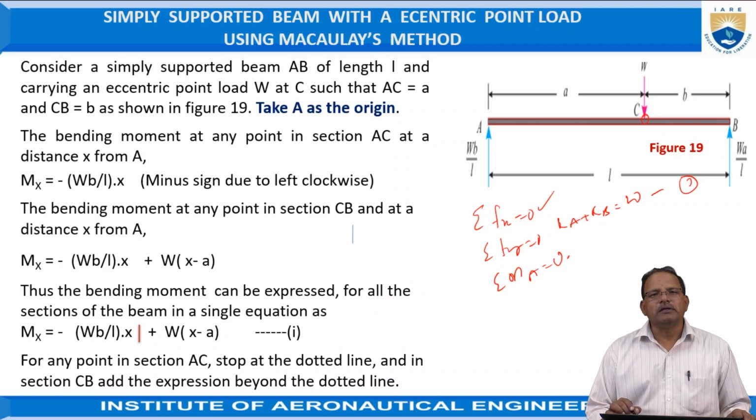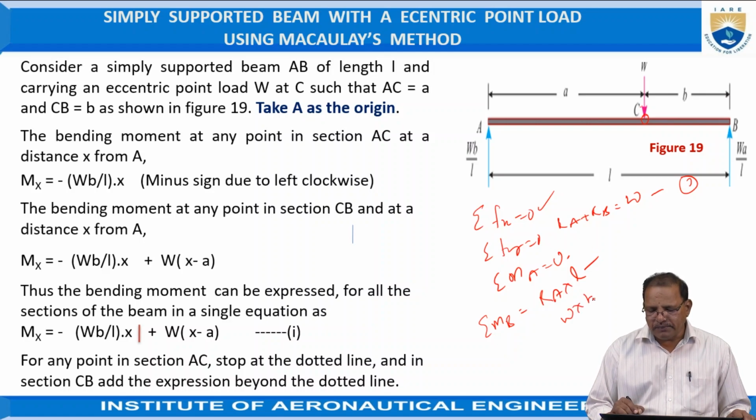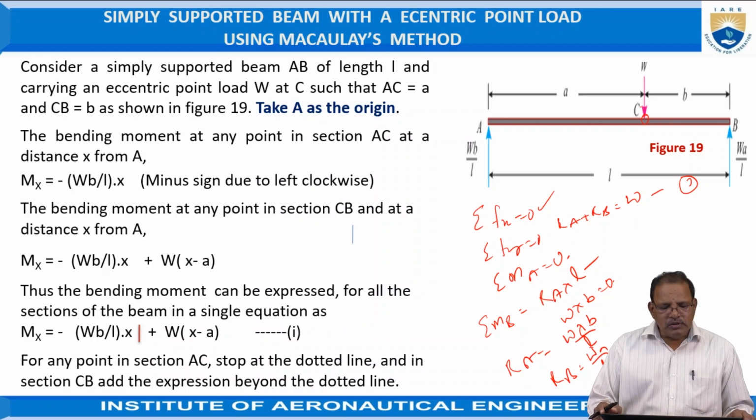Now, moments at any point is equal to 0, that means at A or B. If I take the bending moment at B, MB is equal to RA into L, taken as clockwise, positive, and W is anti-clockwise, so minus W into b, equal to 0. From these relations, RA is equal to W into b divided by L, and RB is equal to W into a divided by L, where a plus b is equal to the length of the beam L. So after determining RA and RB,